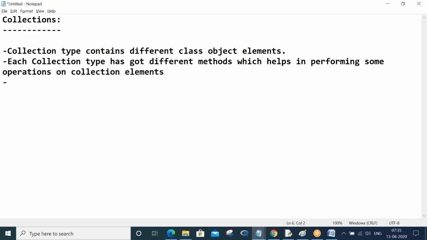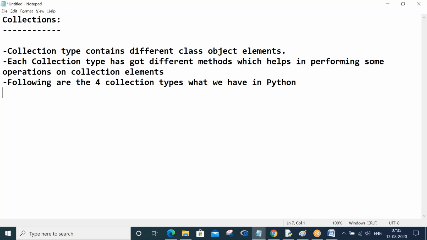So following are the four collection types we have in Python, which you already know, but let me highlight once again.